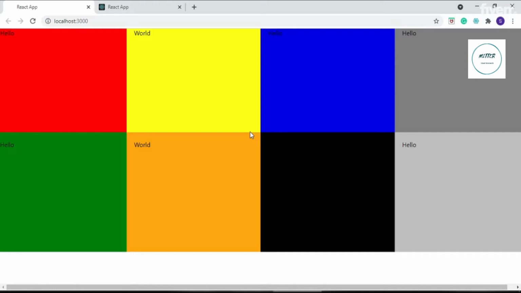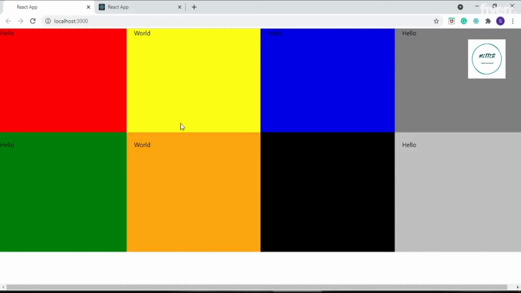Now, what is a responsive layout? Responsive layout is something that adjusts itself according to the screen size. For example, if I have built this website, what I want is that this website should run on my laptop, my PC, my iPad, or my smartphone, Android phone, which are devices with different screen sizes.